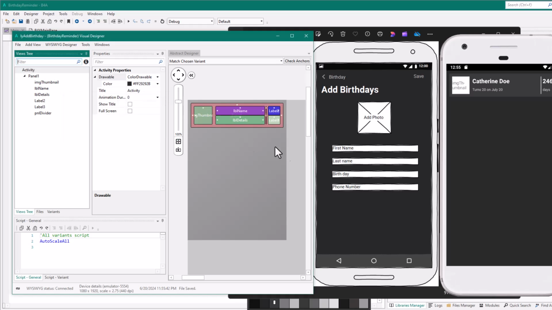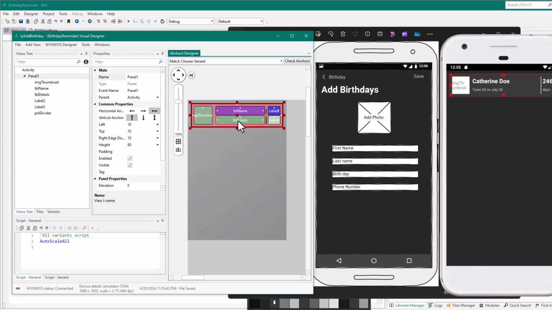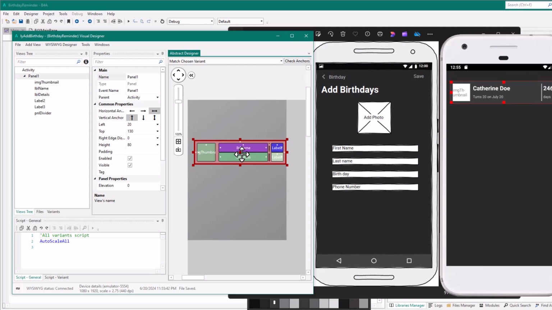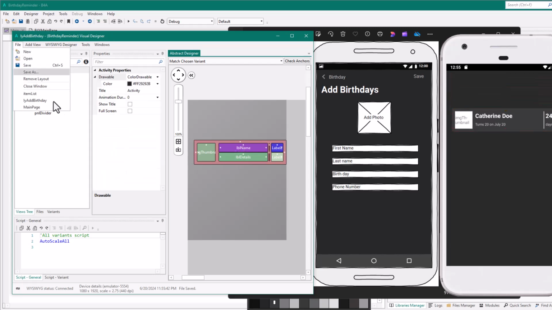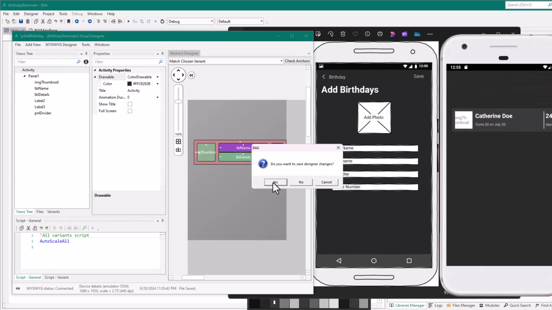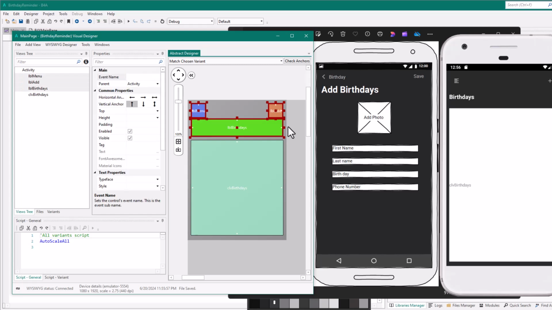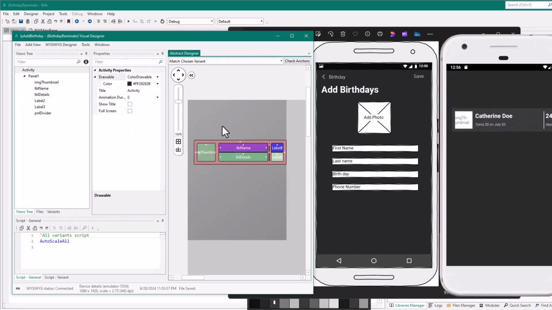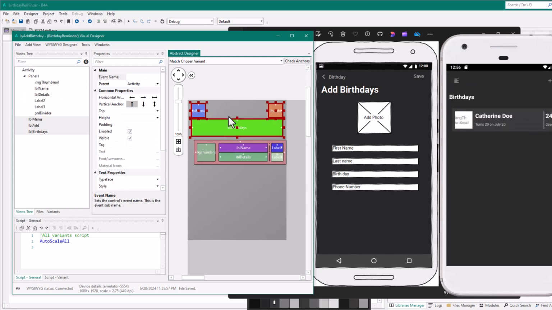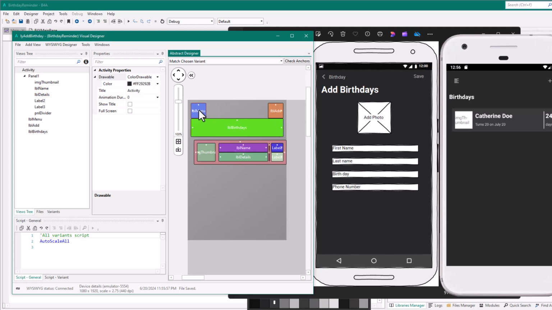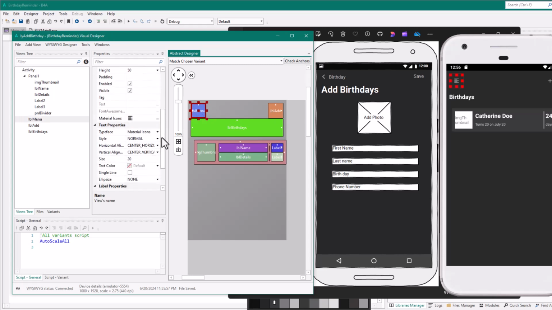Okay, with this, let me copy the controls from the main page. This is the top 3. Control C to copy, and come to add birthday. Control V to paste. Okay, so the menu changes to an arrow,